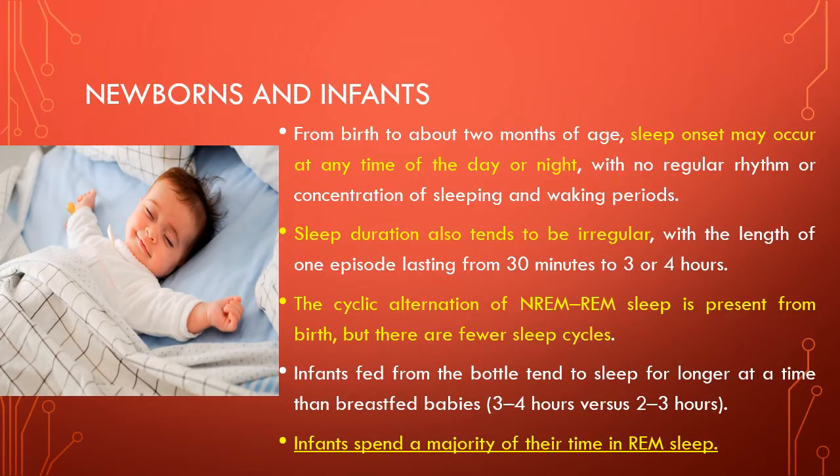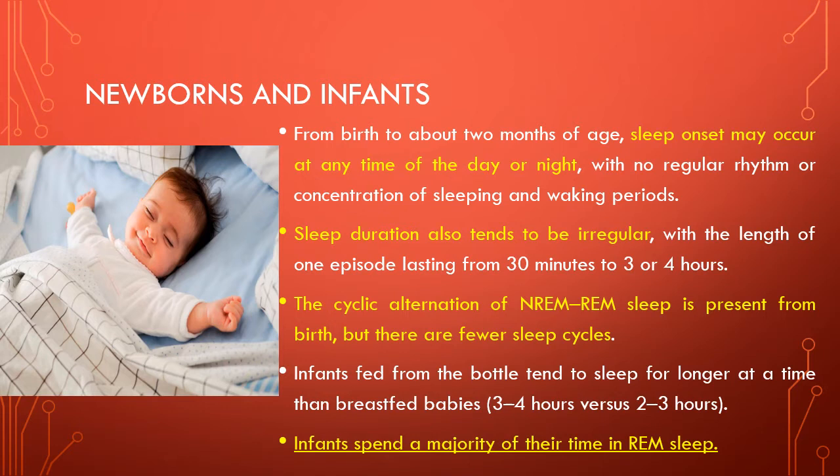Alright, so infants and newborns. From about 2 months of age, sleep onset may occur at any time of the day or night. So infants will fall asleep whenever they want. There's no set pattern. There's no regular rhythm, and there's no sleeping or waking times. You can't train a newborn infant to sleep when you want them to, despite all the books. It takes a couple of weeks, if not a couple of months, before they can actually be regulated into a